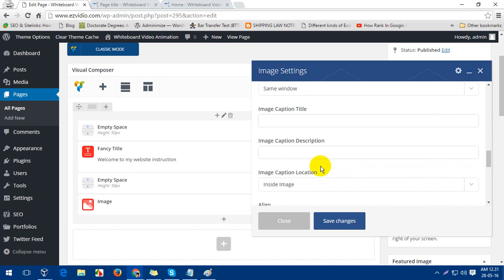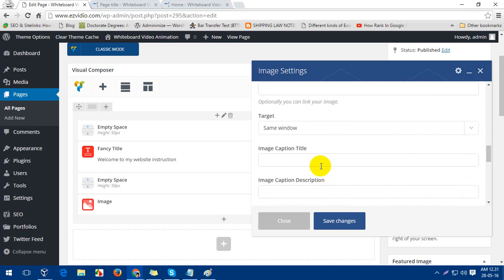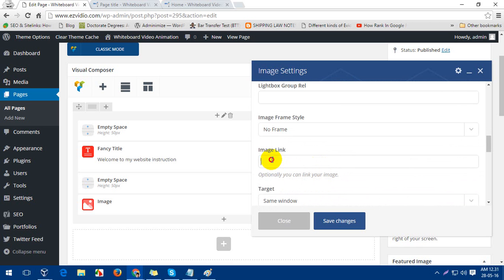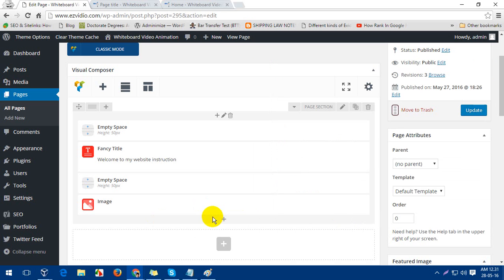Here is the alignment. Now if you want to add a link to this image, so that when people click on that image, they will be taken to another link, in that case, here we have a field, image link. I can put the image link like .com. Now insert. So we have added the image now. Okay, if I click update,